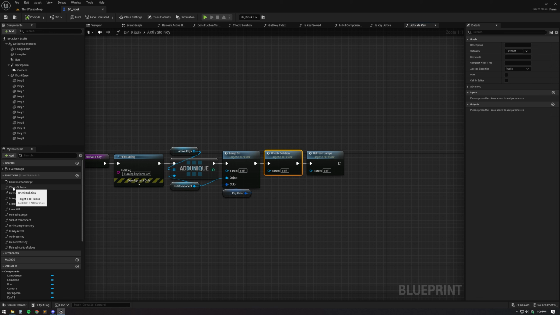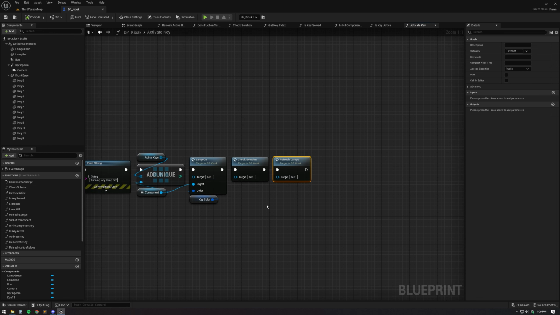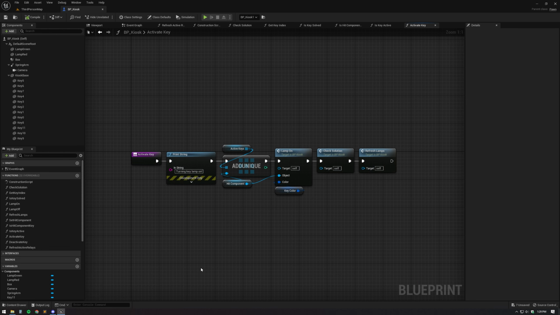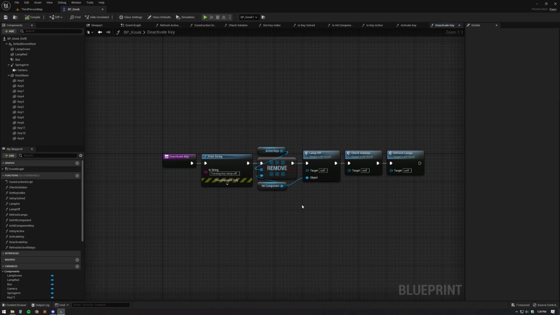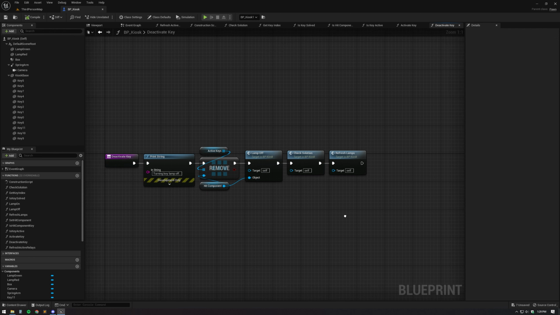Again, that was the first piece we went over, and then we have refresh lamps, which controls the two lights, the red and the green, on the top of the device. Same function for deactivate key, just the inverse. So we're removing it from the active key list, turning the lamp off, checking the solution, because